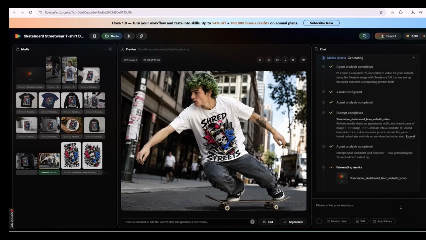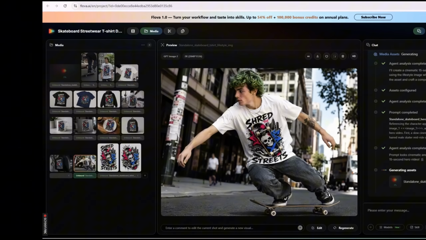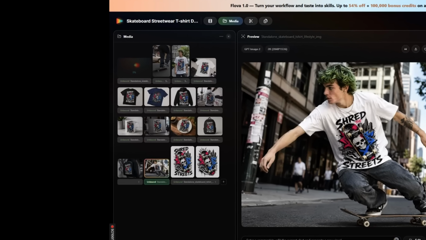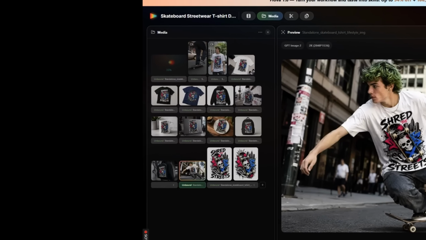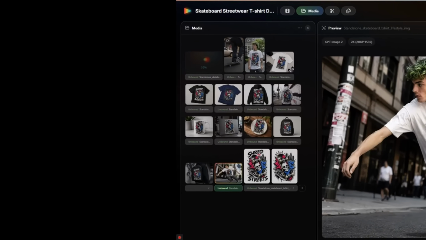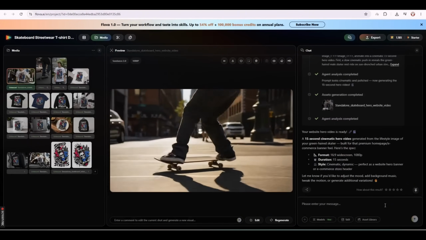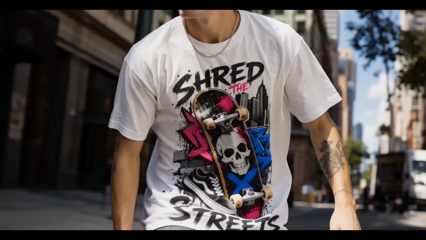What is really cool about this workflow is that you have everything in one place: the chat window with the agent on the right side, all the generated media assets on the left, and a preview window with the selected asset in the middle, so that you can edit it, regenerate it, or use it to direct your agent with new instructions, all within one chat window, all within one place, without a need to jump between different tools or workflows. So after a couple of minutes, we get the video,